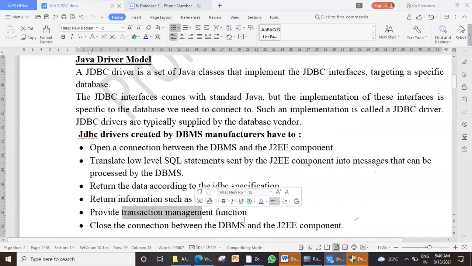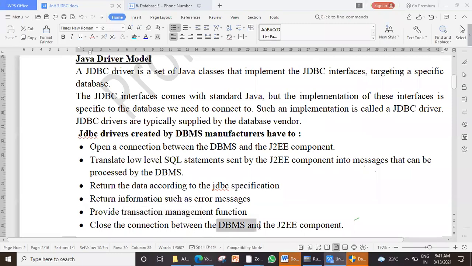Whose order is rejected, whose order is placed? For all that, there is a separate section of Oracle DBMS, which is not part of your syllabus, called transaction management. In that, again, your operating system concepts will come: parallel processing, serial processing. You'll learn batch processing, all that. So again, those concepts are used there. Anyways, so transaction management also happens, and then closing the connection after the work is done.